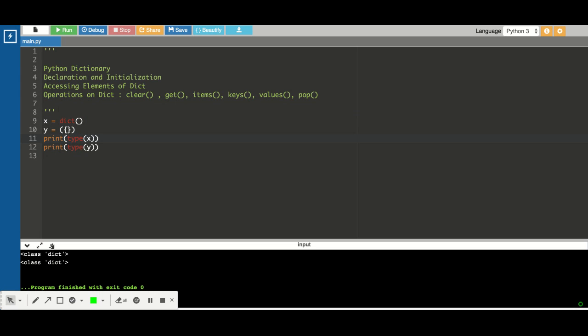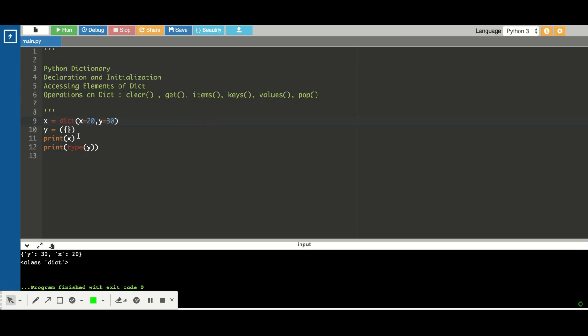So now we have declared a dictionary. Let's see how we can initialize a dictionary. Here you go.